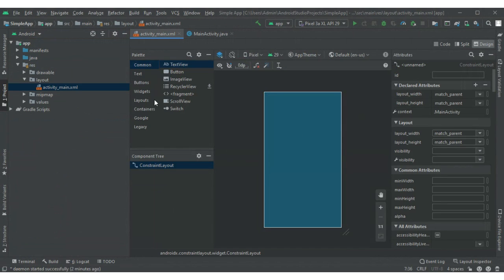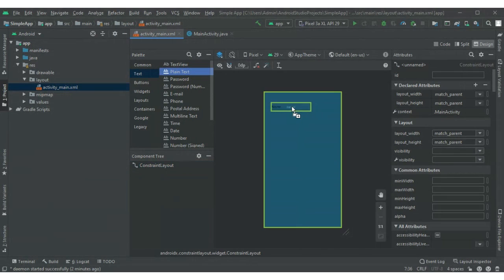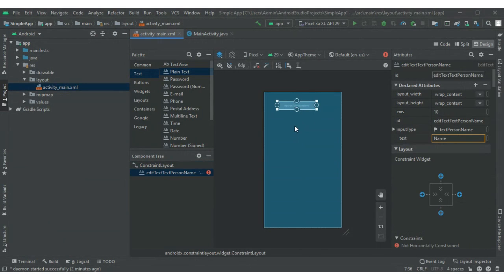So since the layout is already there, I'm just going to add a text view. So I'll click on text. Actually not text view, I'll add a plain text here. But now when I add it, yes, I have added the widget, but that widget is not constrained. So to constrain it, I'll click. You can see these